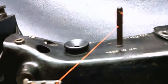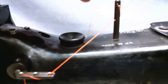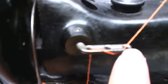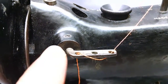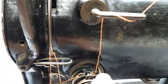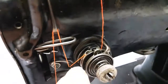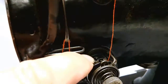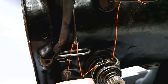Here's the threading. Start out the top. You should have a top post. So you thread through the top post, come down. This is a pretty standard Singer. You can do 1 wrap, 2 wrap, 3 wrap. You come down, you come on this side of this post, and you come under, then back around, and you got to hook it over this little hook right there, that little hook, so you're sitting right there. You got to make sure you're inside